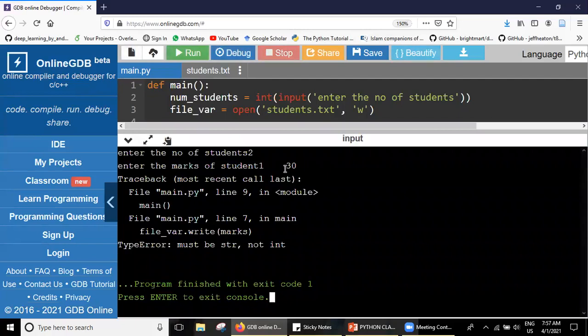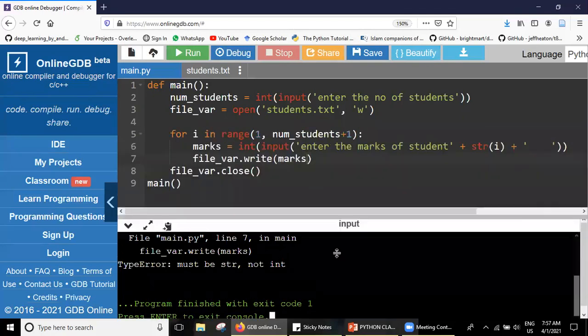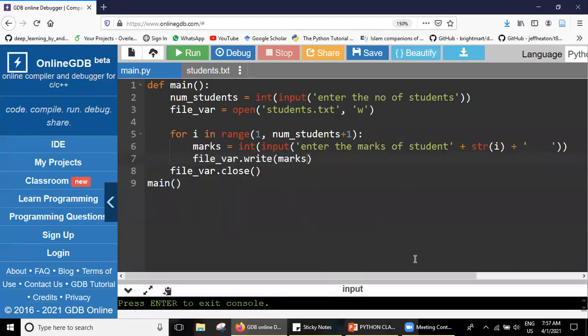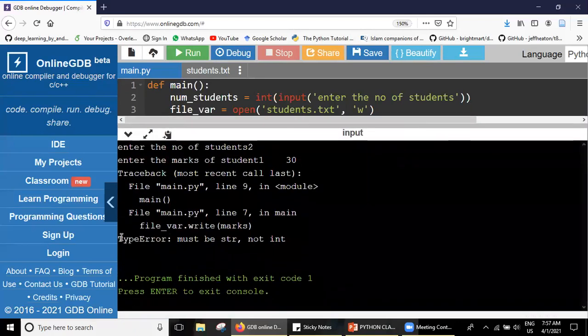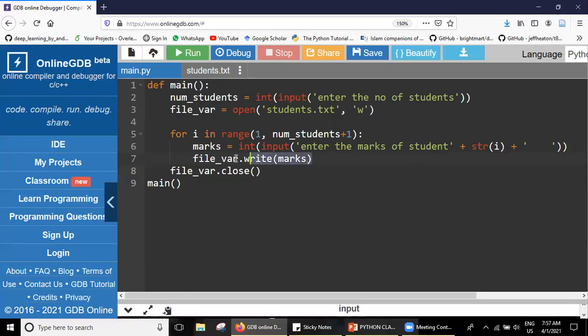Are you following me? We are experimenting with things to understand what happens. This is all the process of experimentation and learning the way of coding. Again, even though I removed the slash n, it says type error, must be a string, not integer. So what is the integer here?